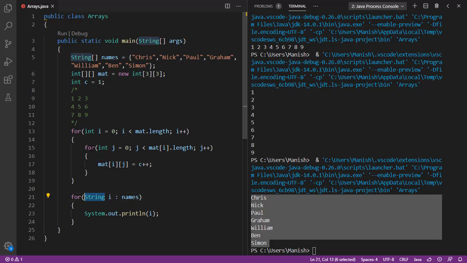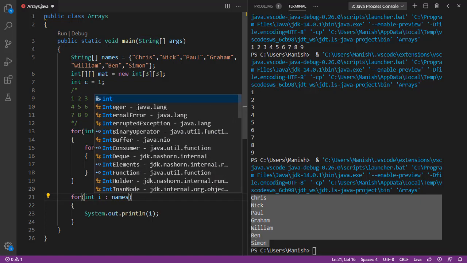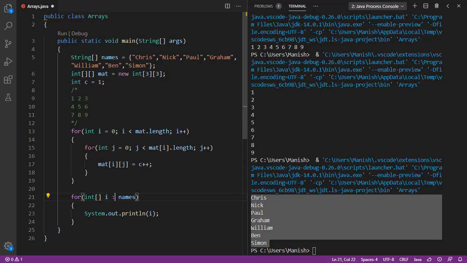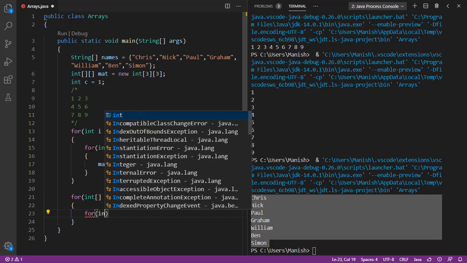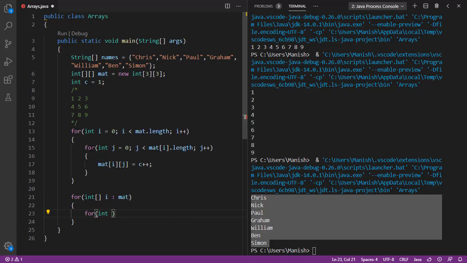So here we need to provide int array i, and then mat, and inside this another for loop, and now inside this i element, each element is an integer which is not an array. So we just need to provide int j, and it will be in i,